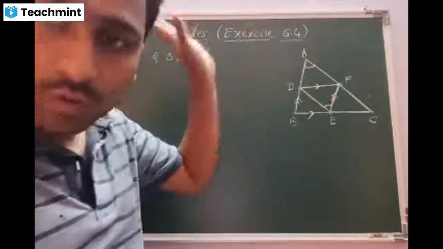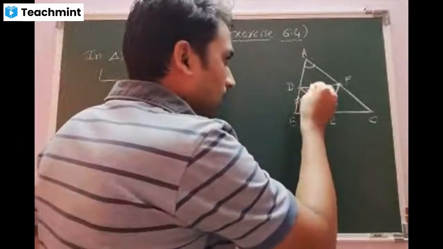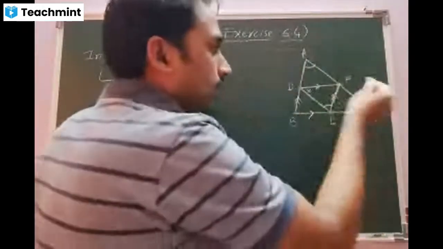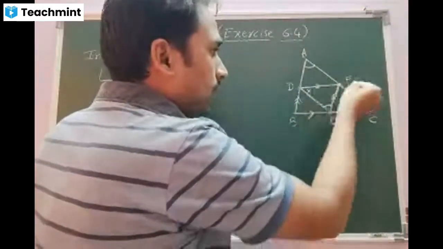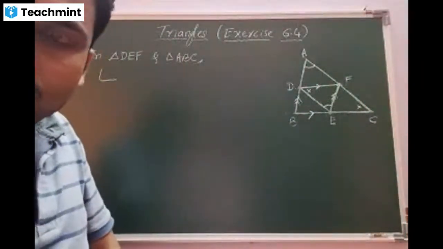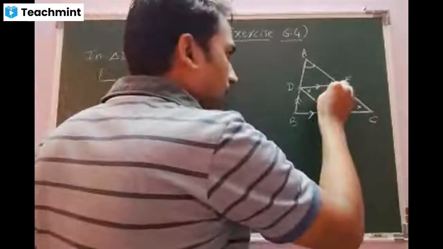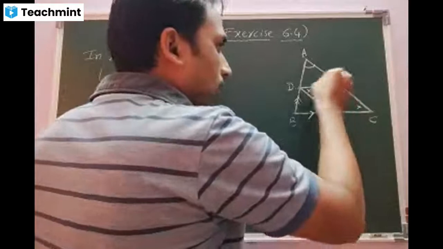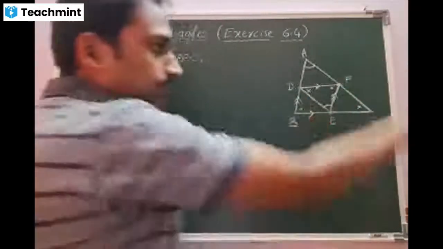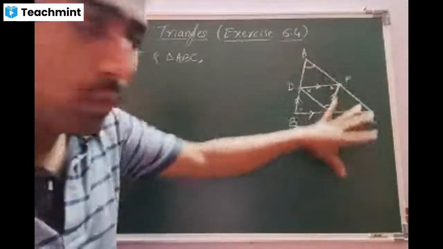So one set I got. Now look at the second set. This angle B of the smaller triangle should be equal to angle C of the bigger, because these are the opposite angles of this particular parallelogram. Correct, beta? Two sets over. We can get one more set, beta. This angle F of the smaller is equal to this angle B of the bigger. Am I right, beta? Yes, sir. These are opposite angles of one more parallelogram.